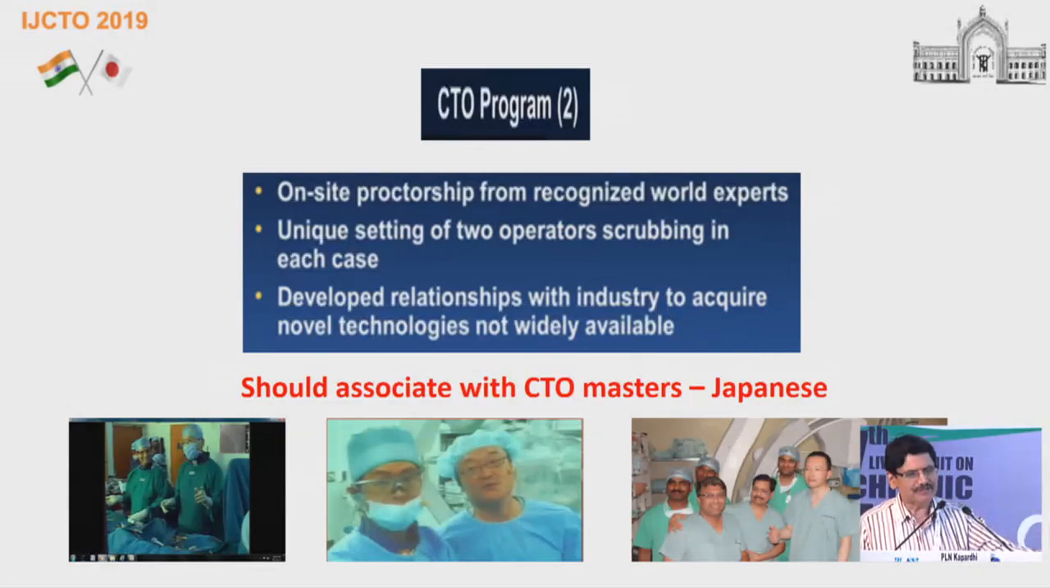And for developing the operator skills, these are most important. On-site proctorship by recognized world experts, especially our Japanese senior colleagues, is most important. And the unique setting of 2 operators scrubbing in each case is most mandatory. And developing a relationship with industry to acquire novel technologies not widely available. So we should associate with CTO masters like the Japanese for developing a CTO program, which we started in 2006 as a